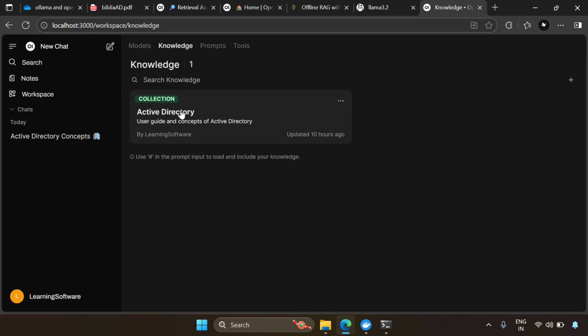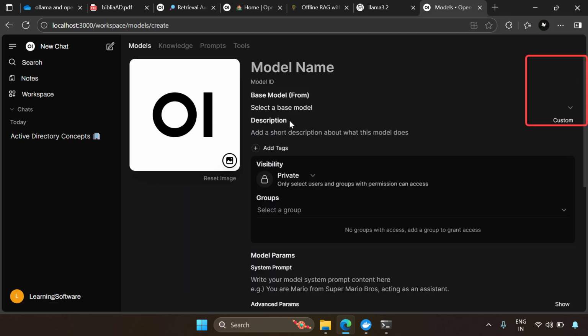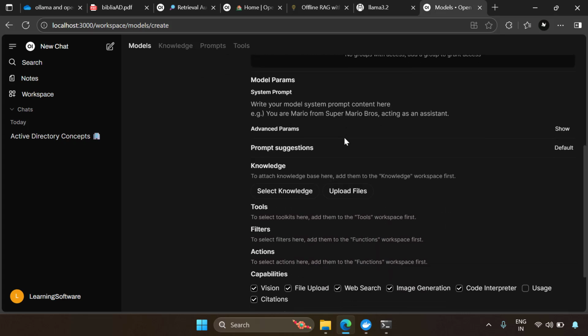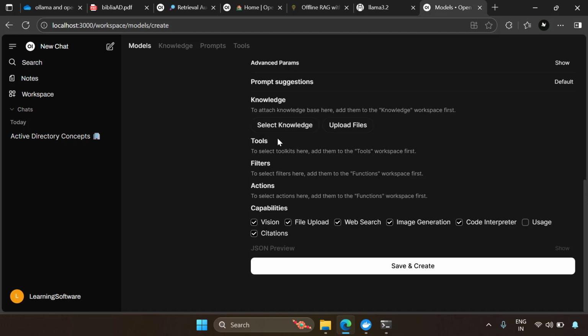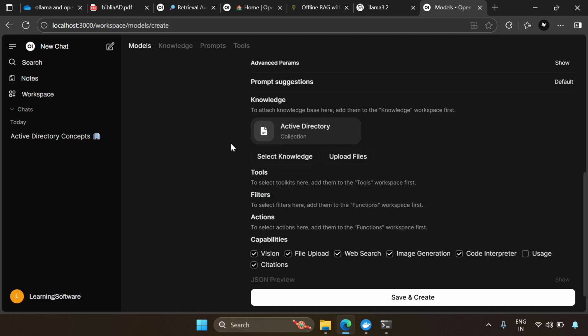Now let's create our custom LLM. For that, in the workspace, go to the models tab, and here you need to create a new model. On the right side, click on this plus button, and the model is going to be Active Directory Expert System, right? So I'm going to say AD Expert, and the description would be the same thing, AD Expert, or else you can use some more descriptive description. And here you have to select the knowledge base. So let's select the knowledge base, and I'm going to use this collection of Active Directory documents, and